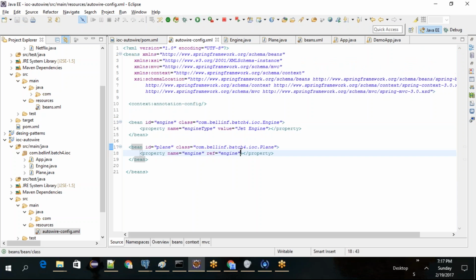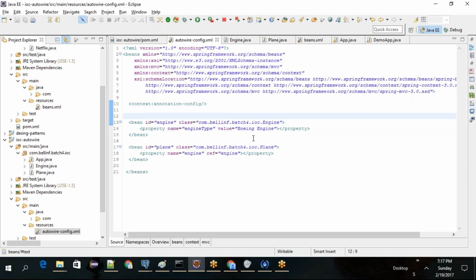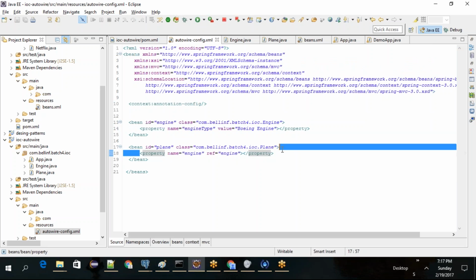Set engine, right? So this is yesterday, last time also we did it. So now you got Boeing engine. Okay. So now what is autowiring? What exactly are you going to do in autowiring? All you're going to do is, instead of autowiring an engine type here,